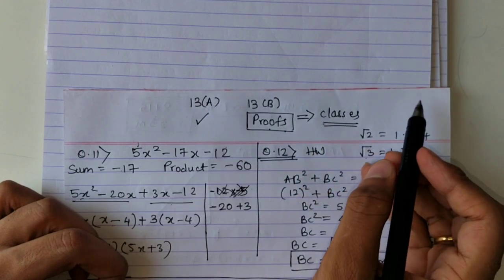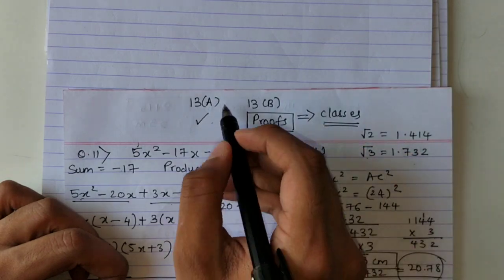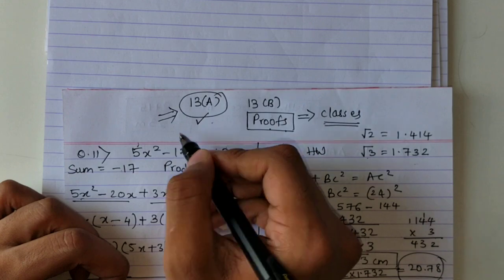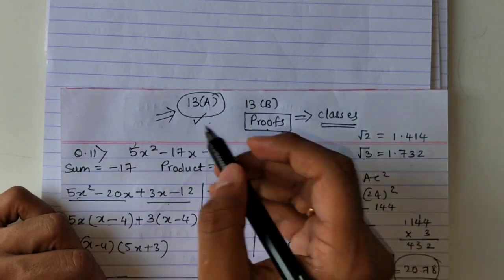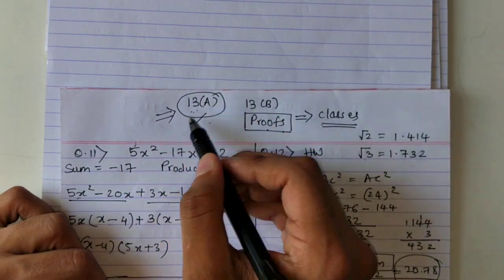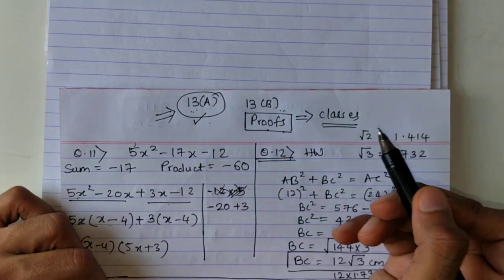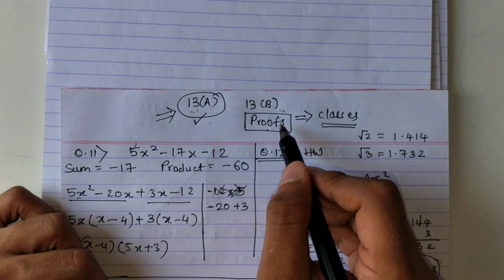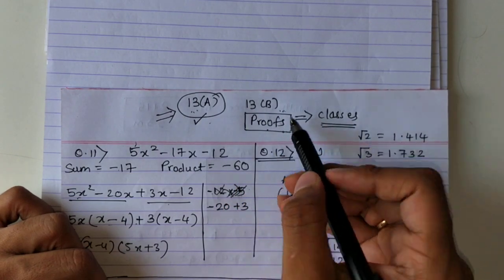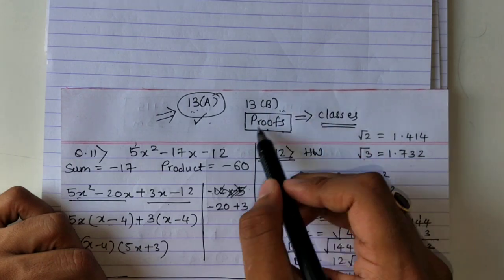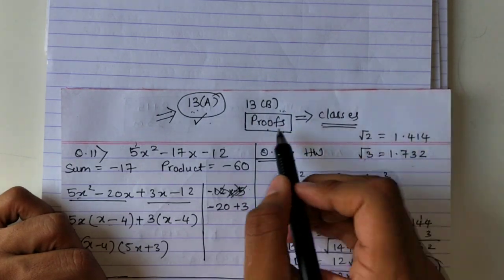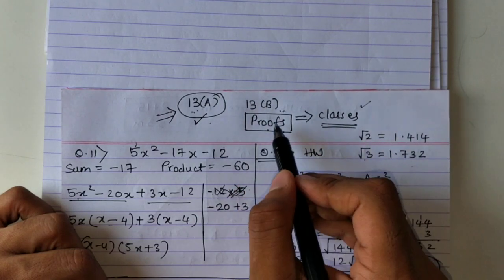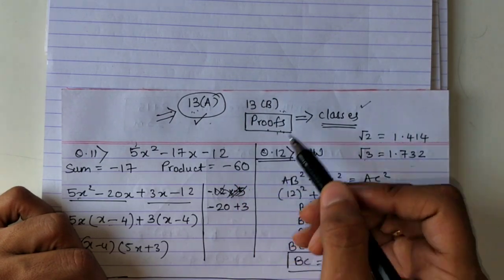So now in the next video, there are only 2 exercises in this chapter, and this exercise was the most important one. Mostly sums come from this exercise only. In fact, in last year's boards paper also, 1 or 2 sums came from this exercise. Okay, only 1 sum came from here. And previously, when boards were not there, all the schools used to cancel this exercise completely. Okay, but let's see this year, if this exercise is there, we'll do it in classes, not in videos, because it is difficult. I want you to understand face to face.